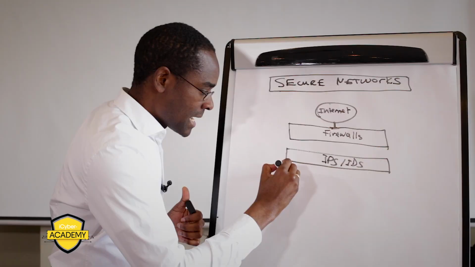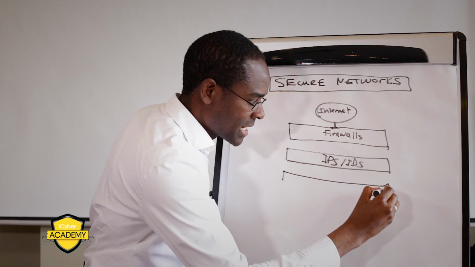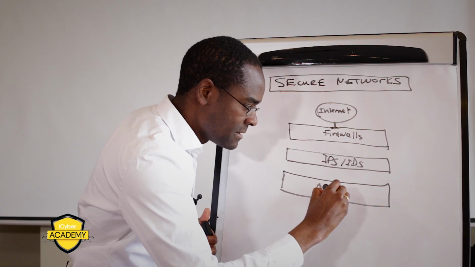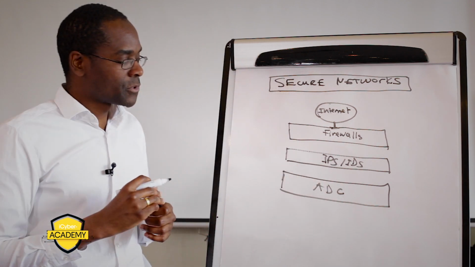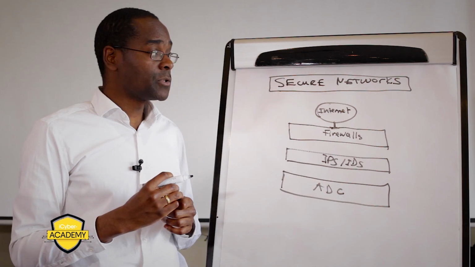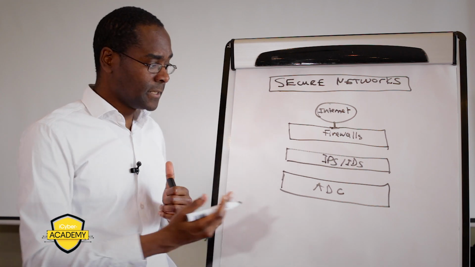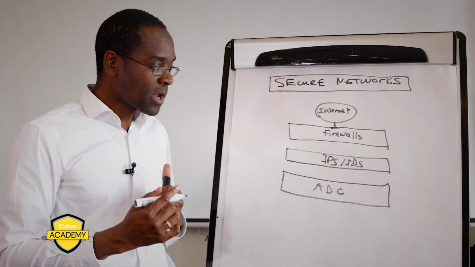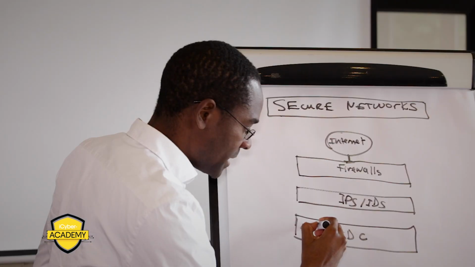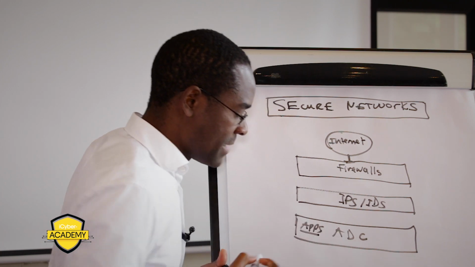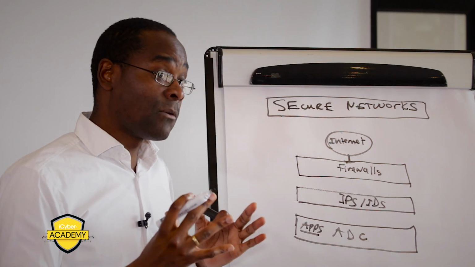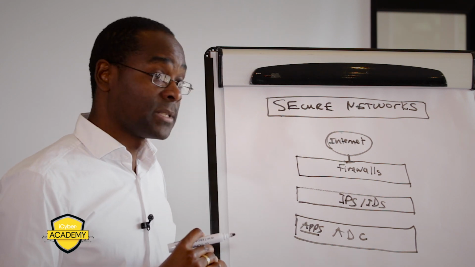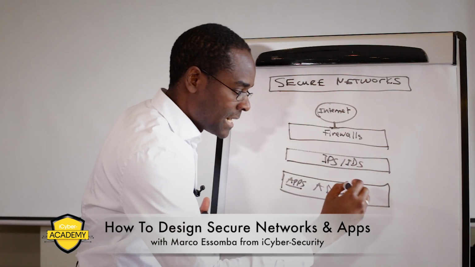Then we can go further at another layer, where we can have what we call an ADC. Again, I'm just building up some of the core blocks when it comes to secure network design. An application delivery controller can do quite a few things. First, we can protect our applications. Some ADCs will have a web application firewall incorporated, which is a firewall that works closely to protect the application. But we can also have the traditional